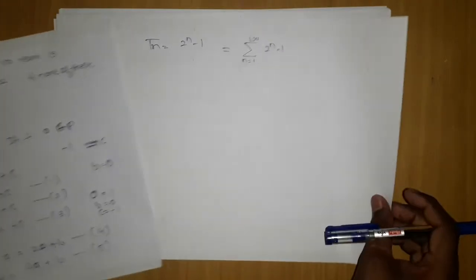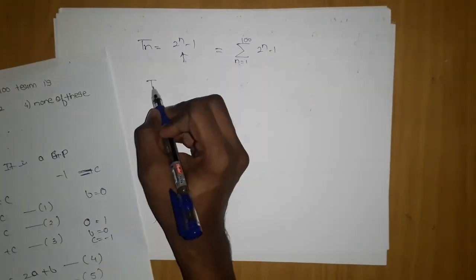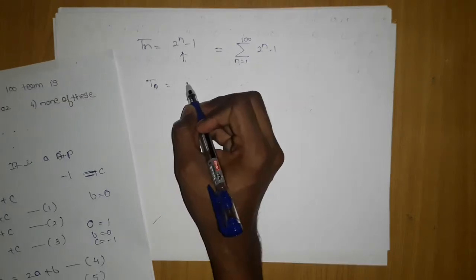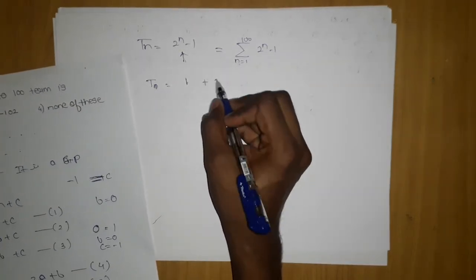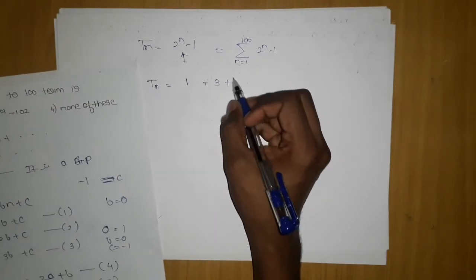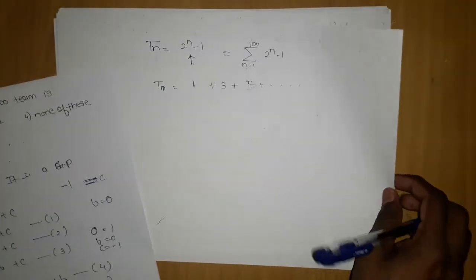Okay, now let's move on to the next part. It is just based on observation, and you can check it also. If you put t equals 1, this will be what? 2 power 1 minus 1 is 1. If you put t equals 2, 2 power 2 is 4, minus 1 is 3. If you put 3, this will be 8 minus 1, 7, and so on. So it is based on your observation. Can you observe the Tn or not?